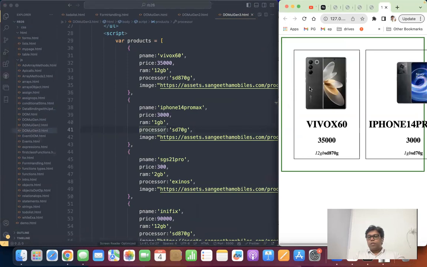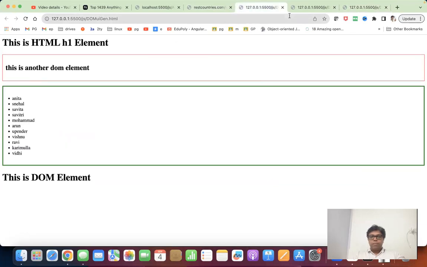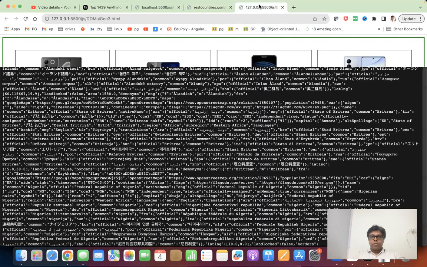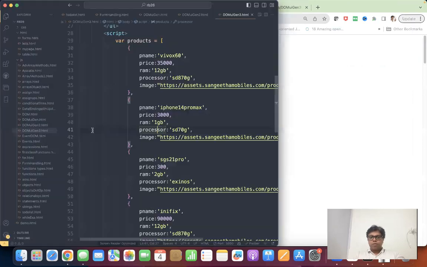I want to display the countries in this style. Now only the names are getting displayed here. So how can I display these details in a box fashion? For that, what I'll do,